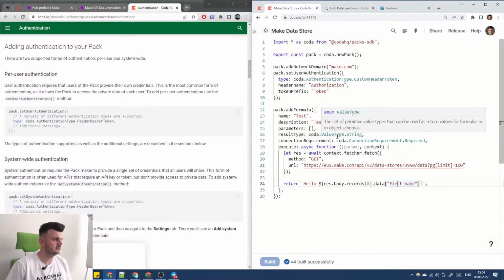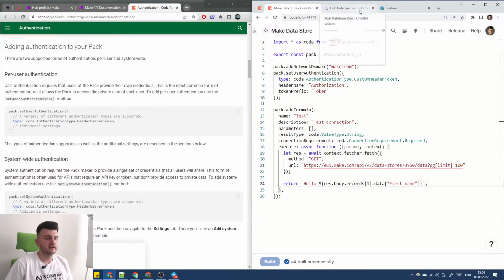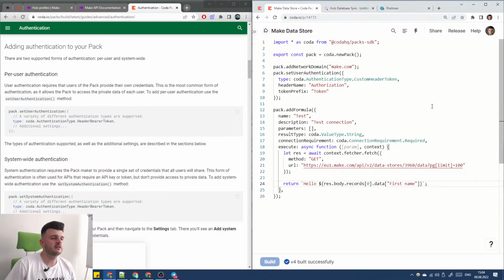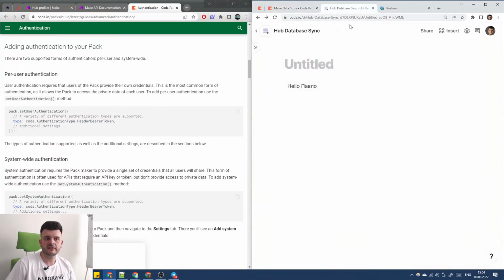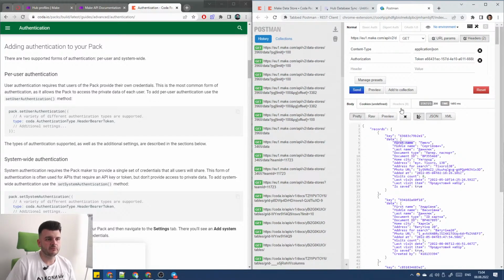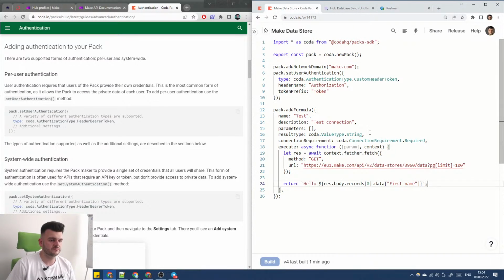So all that's left to do is to build our sync tables, to get all the data from a given table. There are two ways I can do this. I can do it in a static way, so I can make just three copies with three tables with regular sync tables and not make them dynamic at all. Or I can make a dynamic sync table and the pack will be dynamic. It will list me all the tables that we have in our little